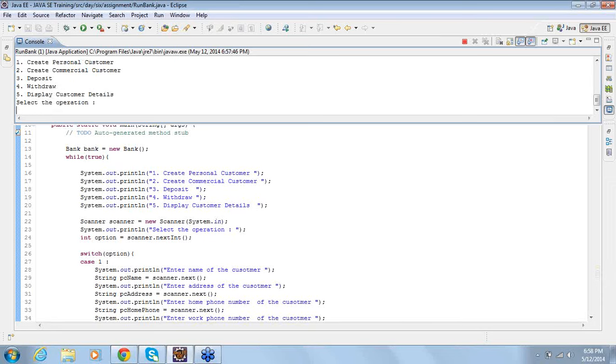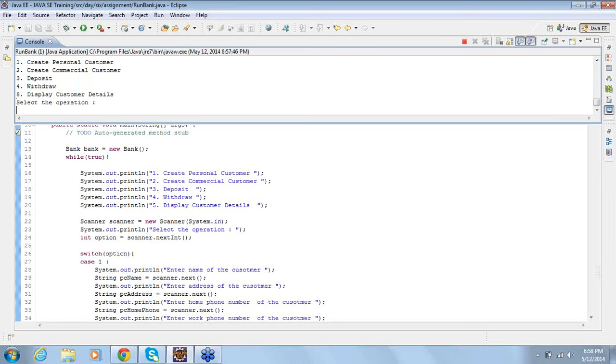So next, you got your case 2, select the operation, commercial customer. Name of the customer, address, contact person name, and contact person phone. Yeah, perfect.